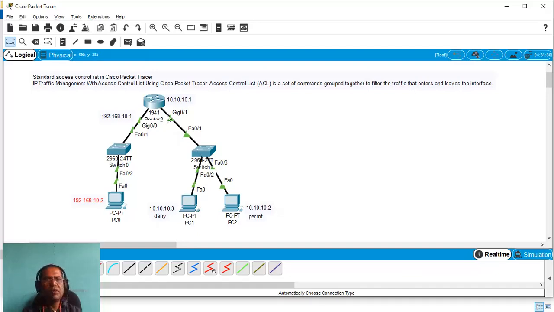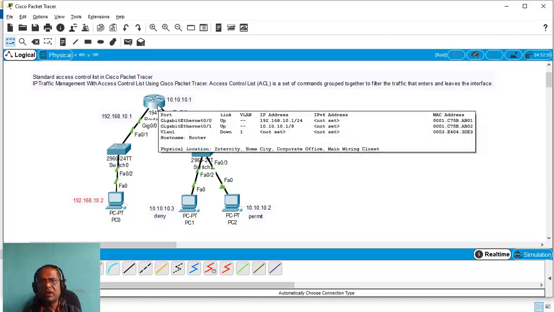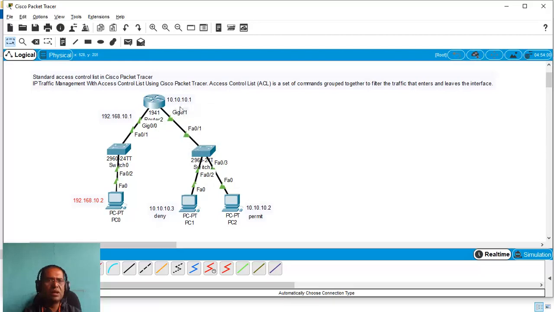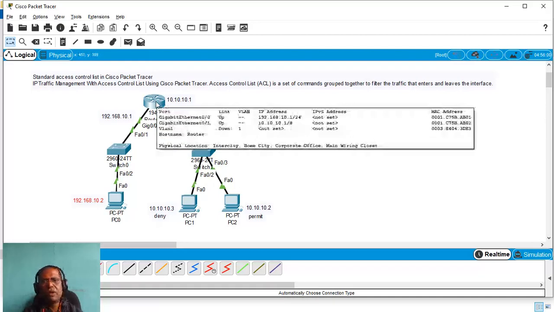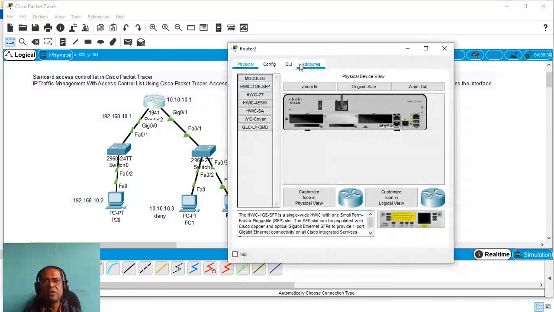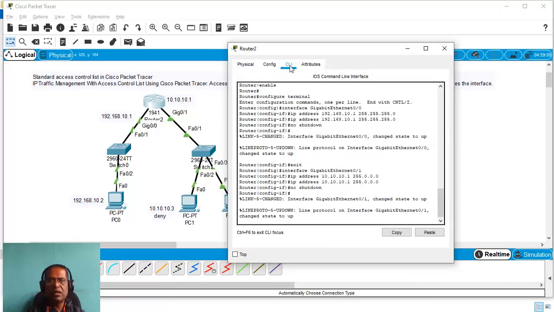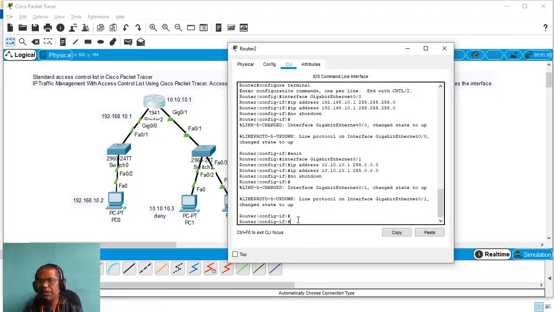Now let me go to the router configuration. The interface I am going to concentrate on will be Gigabit Ethernet 0/1, where I am going to apply the standard access control list. So I'm going to the command line interface of the router.